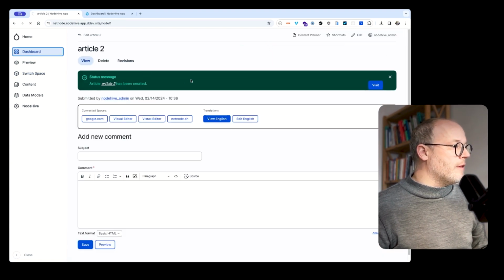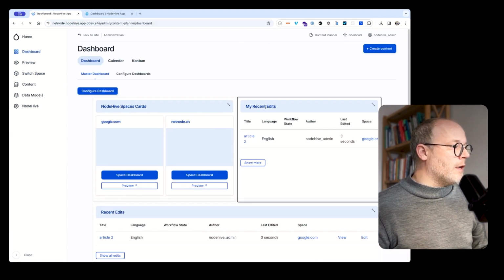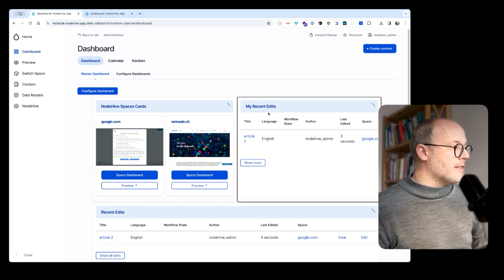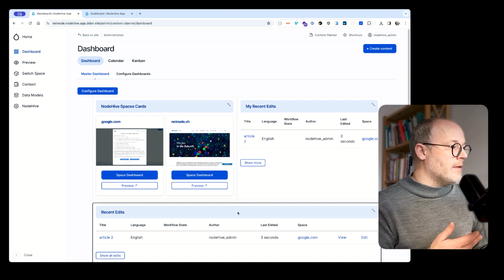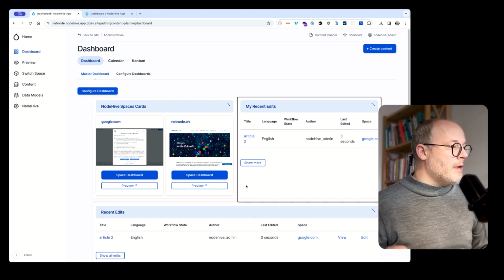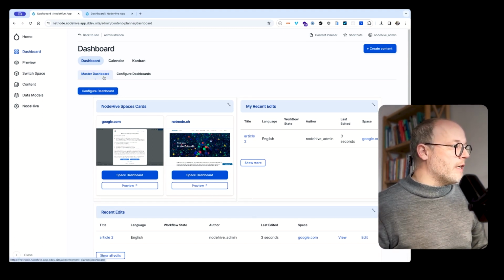So now I go back to the dashboard and while I see my recent edits, I still see my 2 spaces and this is how you can set it up. But now I have one master dashboard. Let's